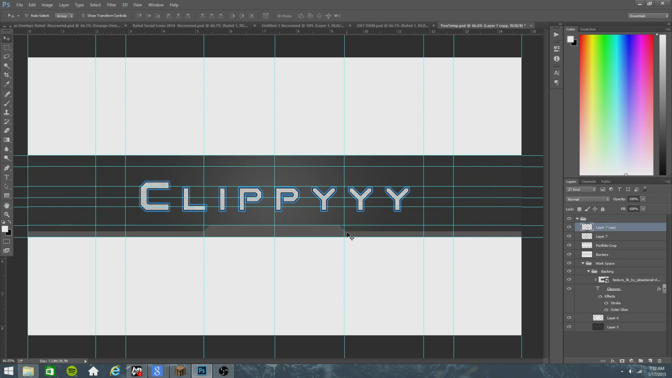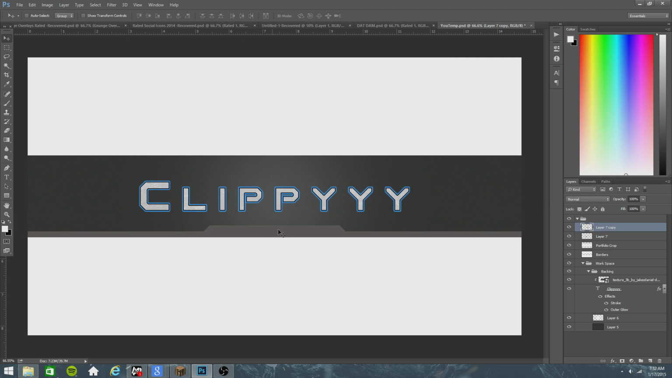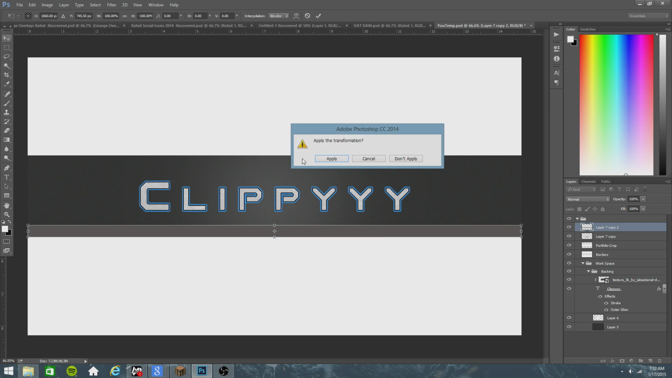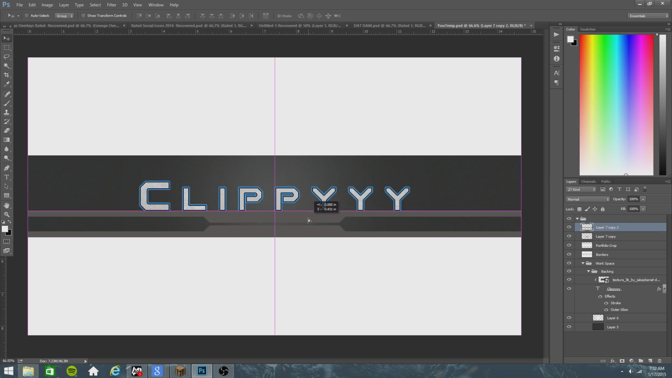So what I'm going to do now is merge the layers together, because I need to move this bottom one, duplicate it, and put it to the top. So I'm going to merge layer 7 and layer 7 copy. Hit Control, select them both, and then hit Control E, and that should merge them. Hit Control J to duplicate it, flip it vertically, apply transformation, then pull it back up